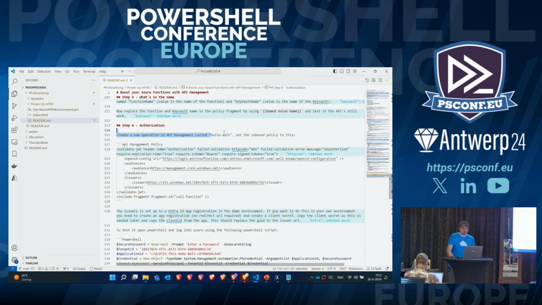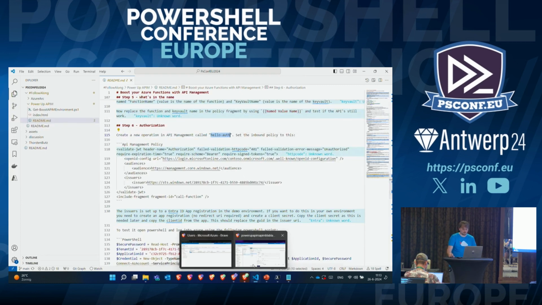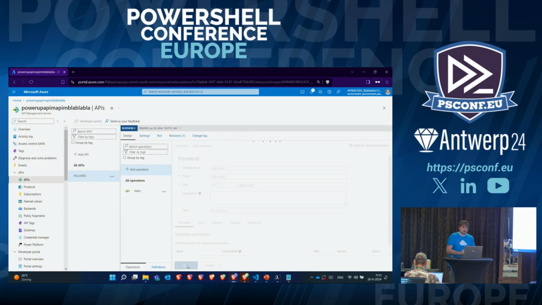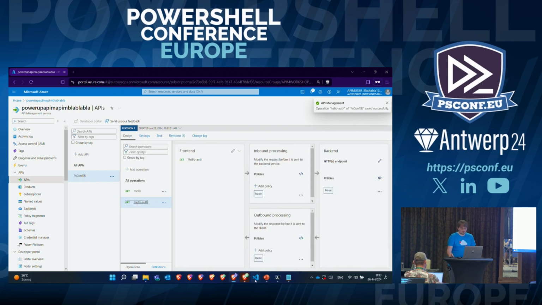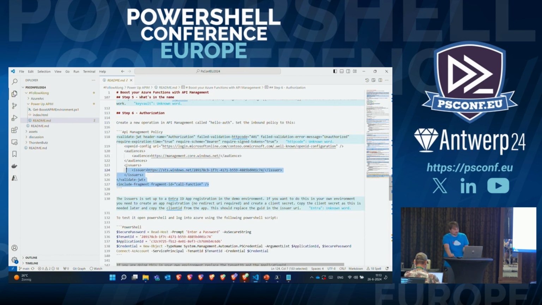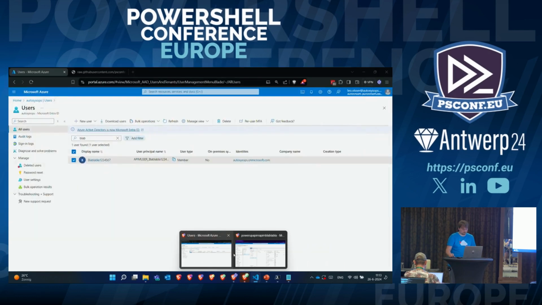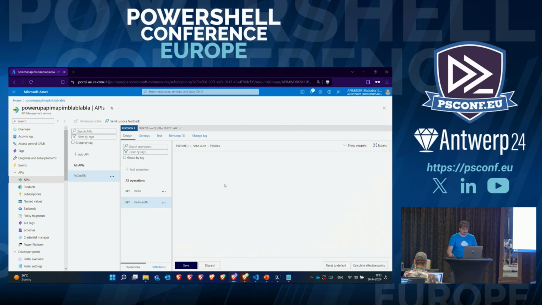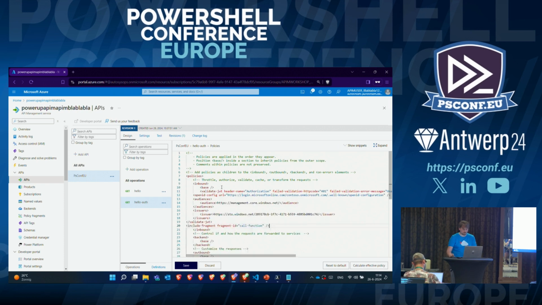So we're going to create one called hello auth. And now it's starting to get interesting because we need to set up the authentication. And I can just use this piece of code. Not add policy, edit the policy. And what we're doing here is